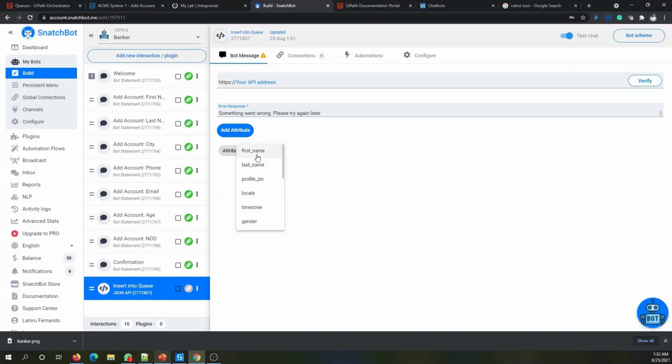There will be a few other first name, last name things which will be used by this SmashBot platform, so we are not using any of that. So this is our first name. And let's keep adding the attributes. Once you add it, it will be disabled. First name, phone, email, age,